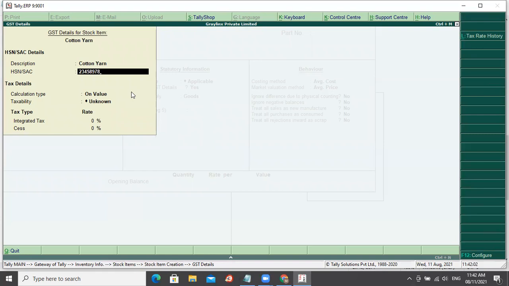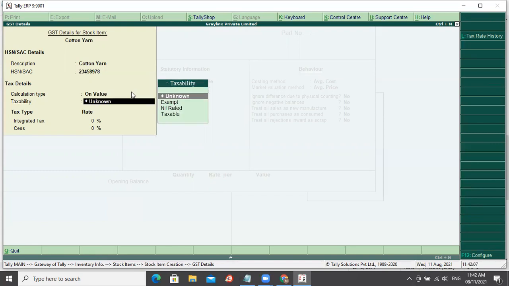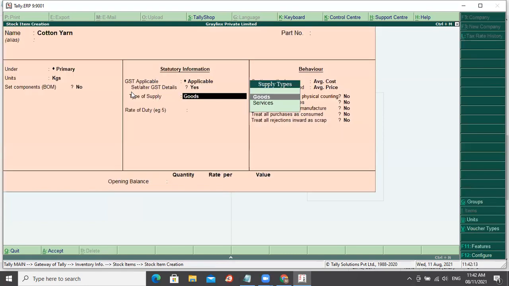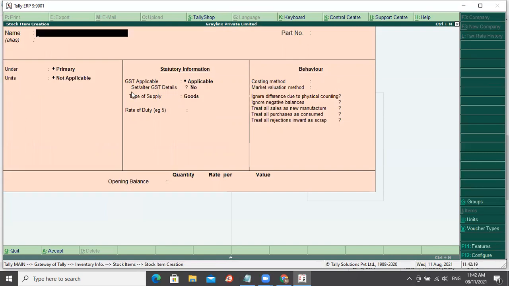So I'm just giving the HSN code. This is also on value. Say for example, it is taxed at 5%. Integrated tax is 5%. It's goods. So I'm just saving, Control A for save. Okay, so I'm just creating one more. Call it as